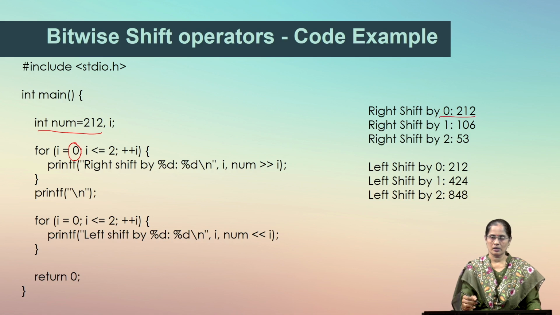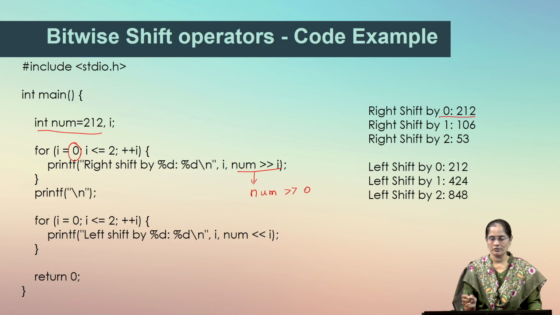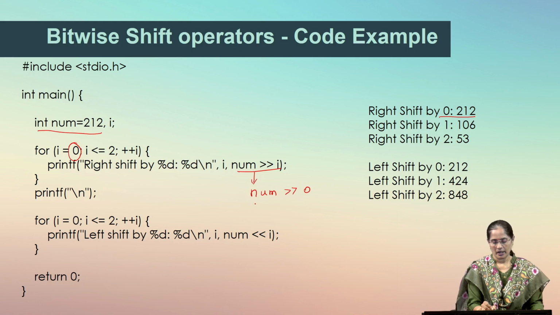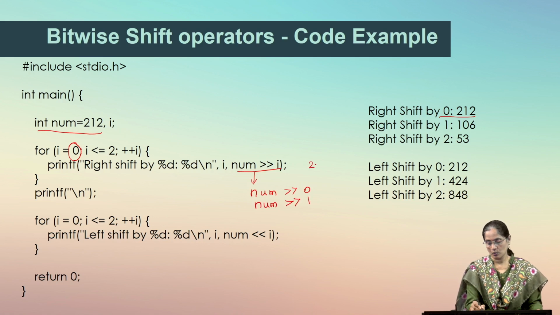When the loop is executed the next time, we do one shift, because for the first time we do the right shift operation with respect to the value of i. So, this is represented as num right shift 0 for the first time. We are not doing any right shift, so the value remains the same, and for the next time we do num right shift once. When I right shift 212 once, this becomes 106,